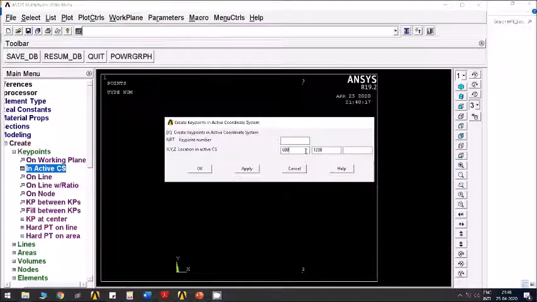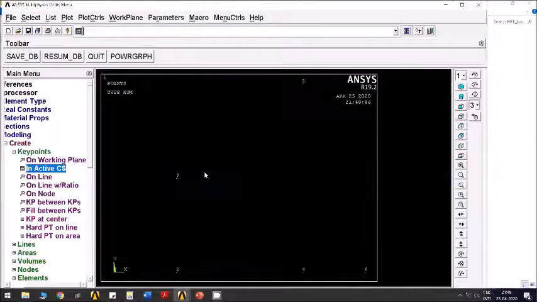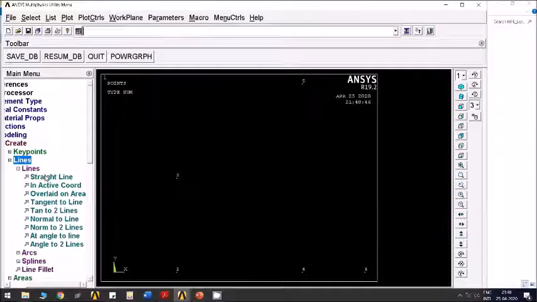Next is 800 plus 1600, and Y can be 0 here. Apply. Next, at this X, Y becomes 2400. Next is Y 0, X is plus 800. So these are the key points I need to place and join them using straight lines.